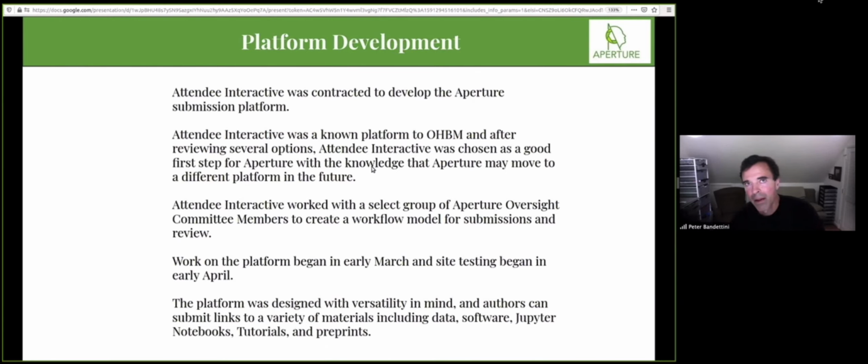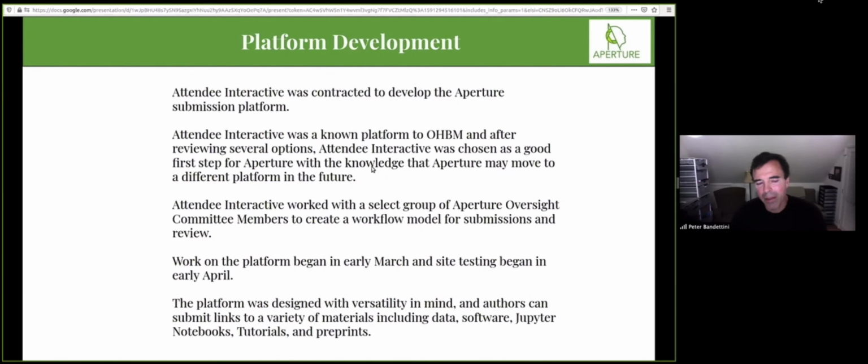We started with some creative ideas in terms of how we might solicit reviewers, but we settled into a mostly traditional model for now. I'll go into that in a couple of slides, but an editor-in-chief passes the paper to a senior editor. They then find reviewers, up to 3 if necessary. Once they get the reviews, the senior editor looks at them, passes a decision back up to the editor-in-chief, and then a decision is made. Then, of course, it's iterated through.